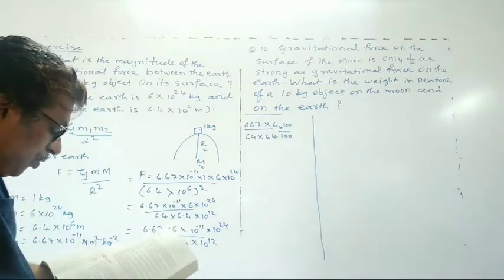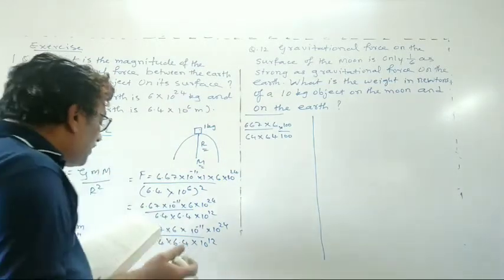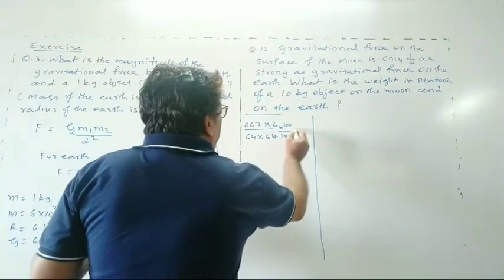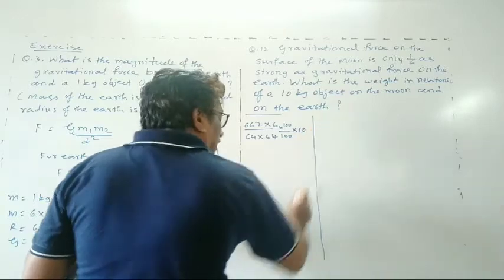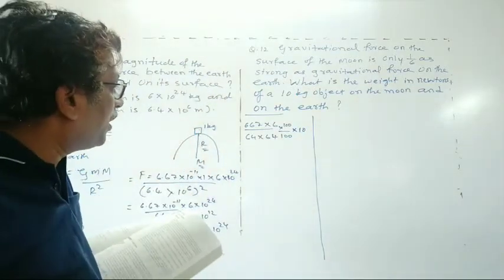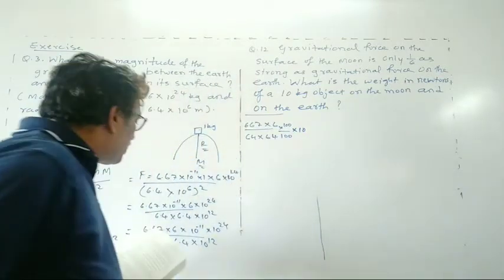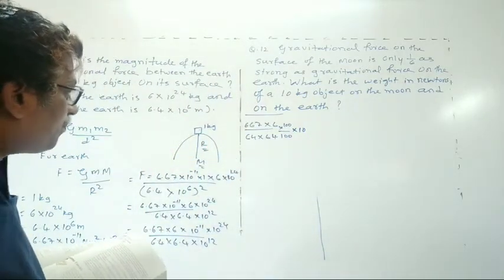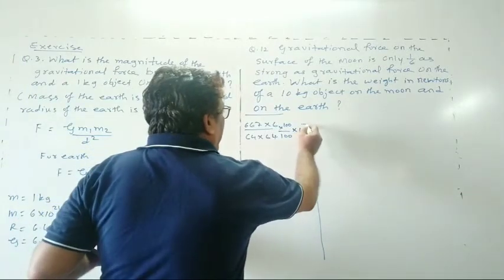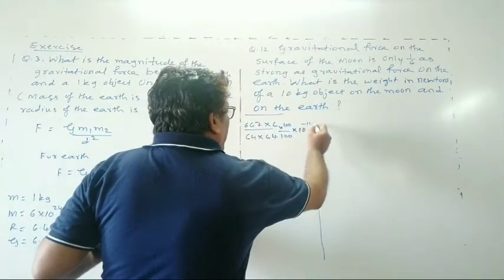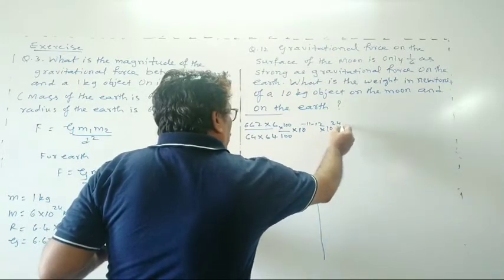Correct? Now you can make the 10 power on one side. You have to write the 10 power on one side. If you are bringing the 10 power up, see, look here now, how you have to make this. You will see, look at this: 10 raised to negative 11 and 10 raised to this, so negative 11 minus 12, and into 10 raised to 24.